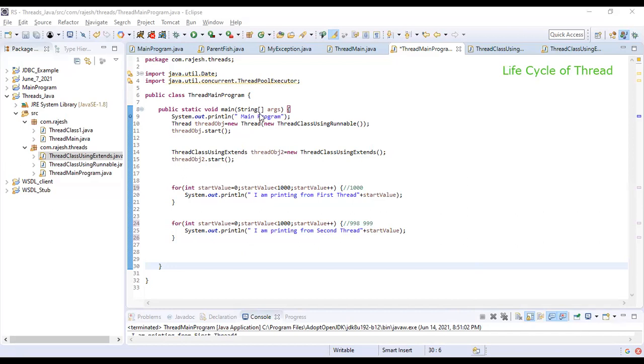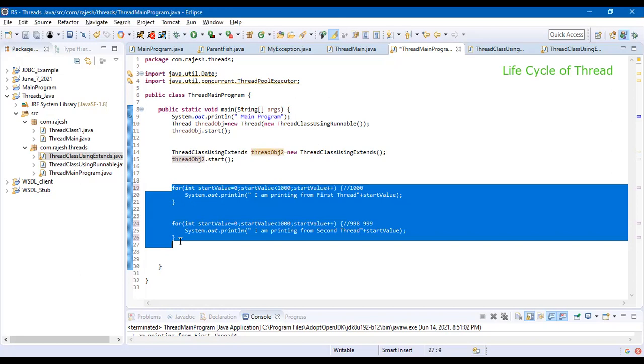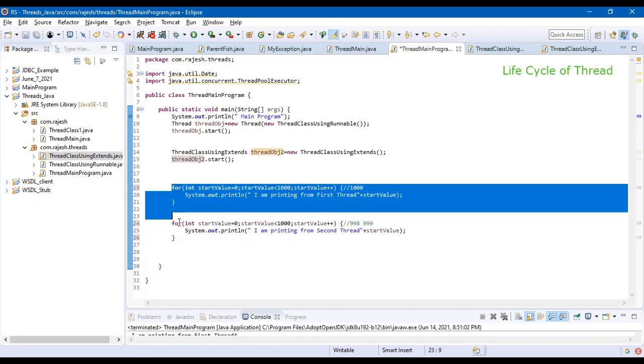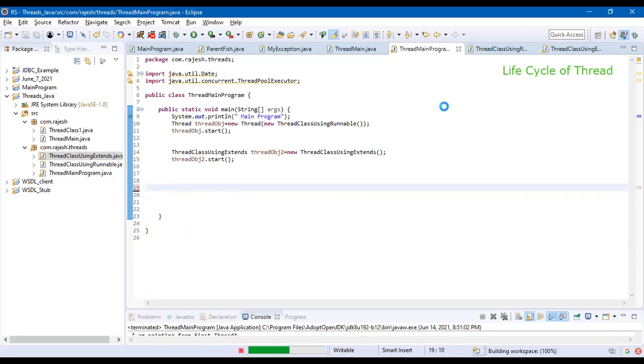First, without threads, we added into the program, and then with the threads, we moved to different classes and called it. At the closing part of the day, we gave a for loop, and we saw how these are getting executed. So with that, we stop.